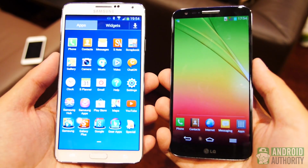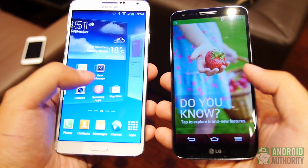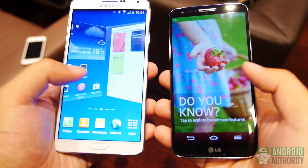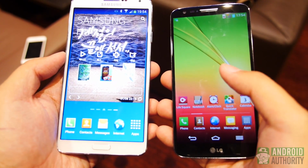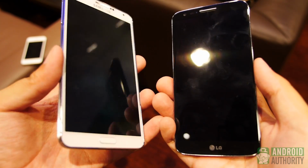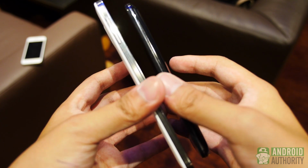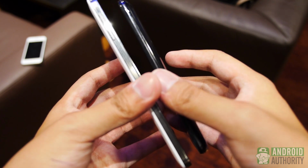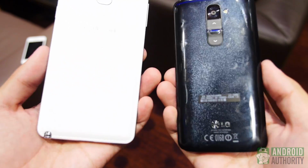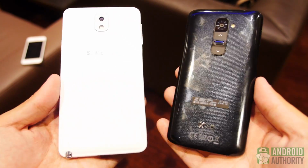The other feat of the G2 is its thinner bezels that give it a 5.2-inch screen. Thinner bezels are also found in the Note 3, which allow it a similar increase of 0.2 inches for its screen, now at 5.7. As a larger device, two-handed operation will obviously be more common, especially considering the usage of the S Pen. The new changes in the Note 3 actually involve the overall material. Instead of the glossy plastic, Samsung went for a textured plastic that alleviates the fingerprinting and slippery feel that the